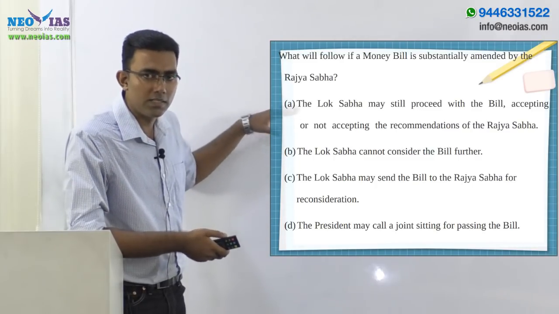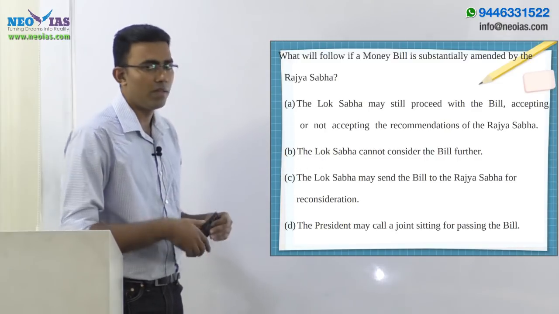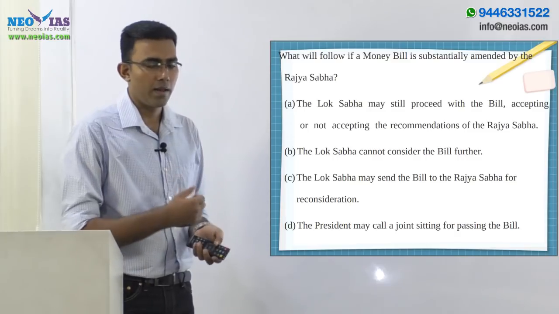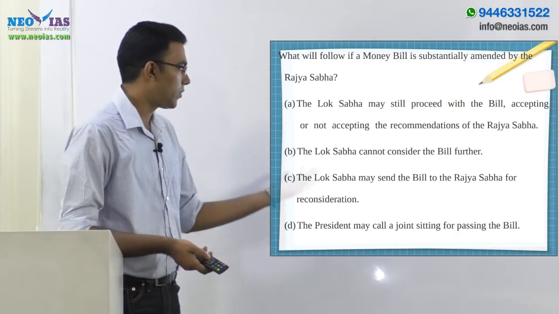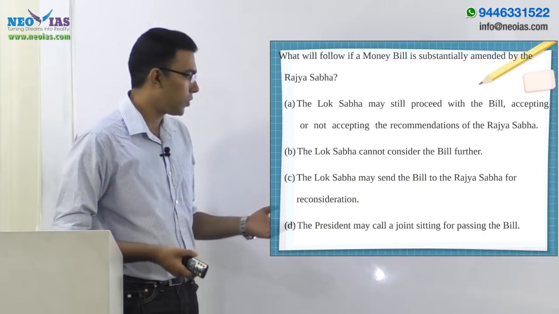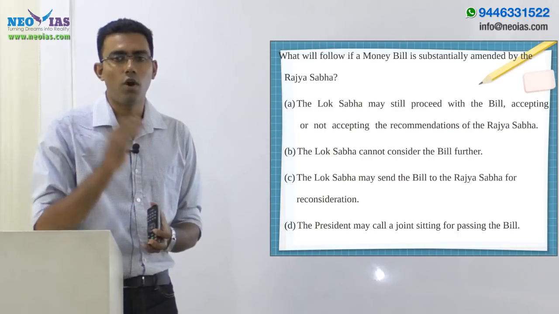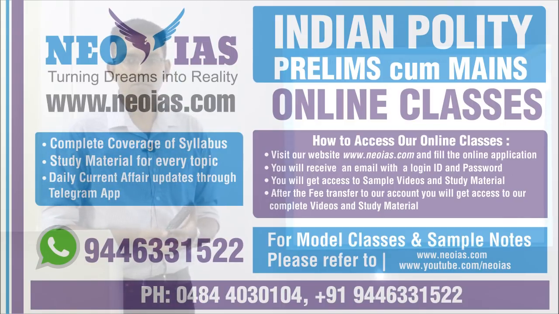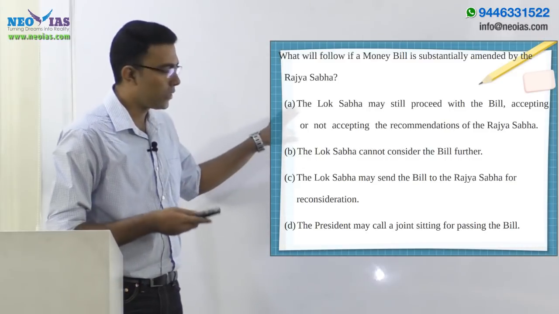Of course, this is the option, but again we will look into the other ones. That the Lok Sabha cannot consider the bill further is wrong. Lok Sabha can consider it and again pass it, saying that it is being passed with or without amendments. And the Lok Sabha may send the bill to Rajya Sabha, again this is also not valid. The President may call for joint sitting. Joint sitting is not possible in the case of money bill. Along with that, for a constitutional amendment bill also, joint sitting is not possible. So keep that in mind. So the answer here would be